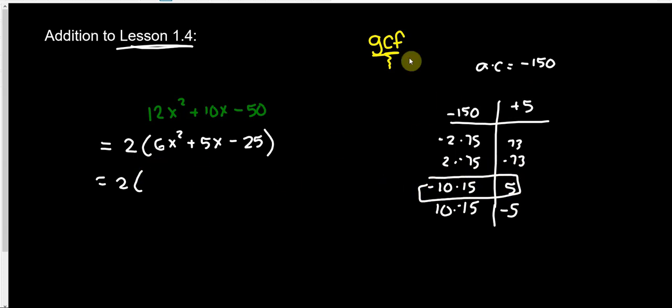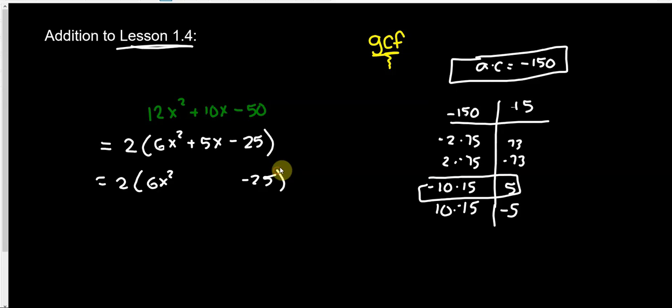So remember, when using the AC method, those aren't the pieces that make our two binomials. What we're looking to do is to make this something with 4 terms to be able to factor by grouping. We're looking to break the 5x into 2 terms. And what we're going to break it into is